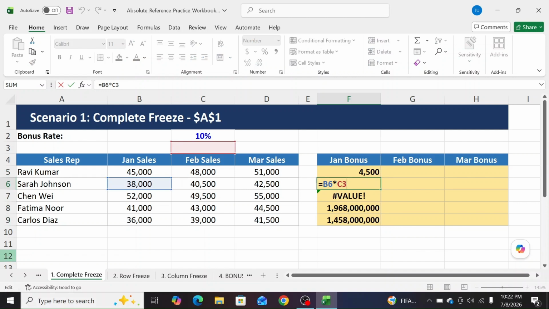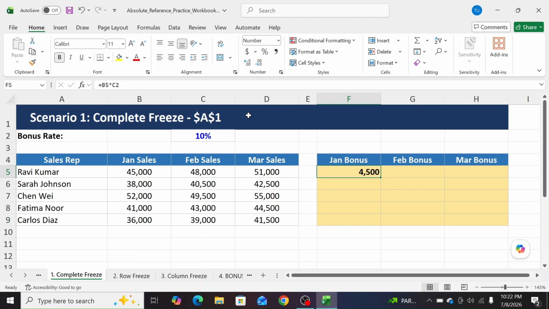As we already discussed, this is moving down. This cell is also moving down along with this cell, which should not happen. We have to keep this particular cell constant at this particular location, which is C2 itself. We have to tell Excel, no matter where I move the formula, do not change C2. C2 has to be C2 in this particular example. Now, how to do that? To do that,